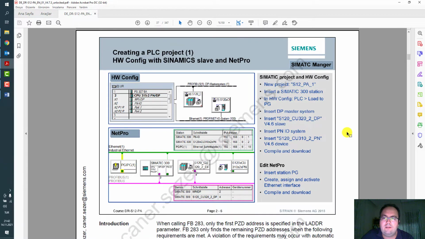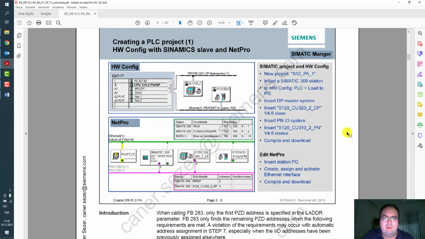At the next page in hardware config, it looks like this. There is a control unit single axis on the PROFINET IO system connected to CPU 315, a CU310, and another CU320 connected on the Profibus line.